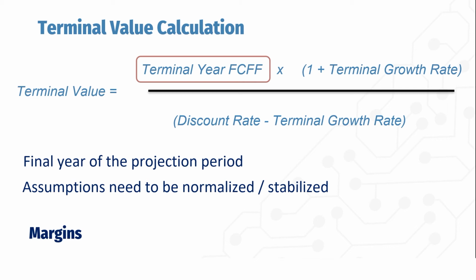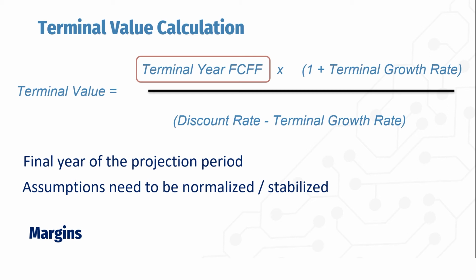So for example, say historically a company has only been able to achieve EBIT margins of between 8% and 12%. And in the terminal year, you assume an EBIT margin of 20%. Does this 20% sound like a normalized, stabilized EBIT margin? Of course not, because if historically the company hasn't been able to achieve 20%, then why are you betting that it's going to normalize and stabilize at 20%?